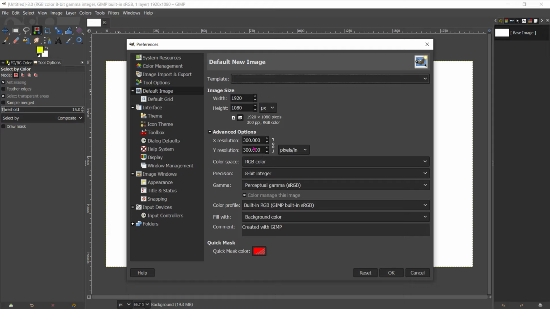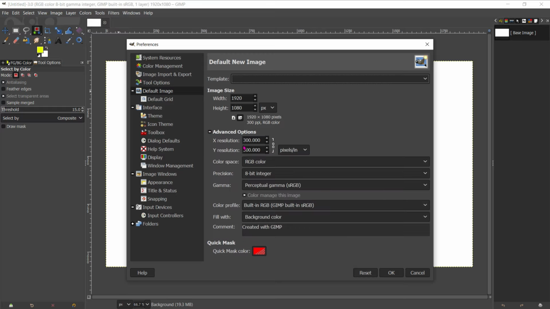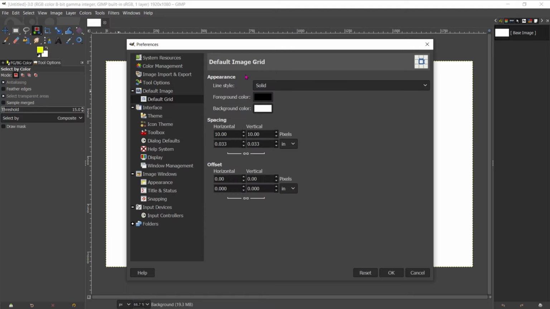This is the advanced option, you can say, for resolution purposes, and this is the quick mask color, and this is the default grid. You can see appearance, line style: intersection, dashed, double dashed, of foreground color, background color. I am not doing anything here.